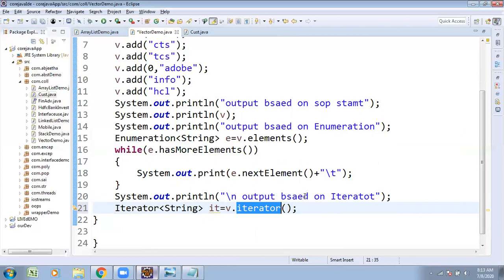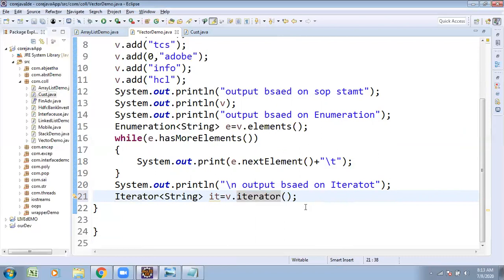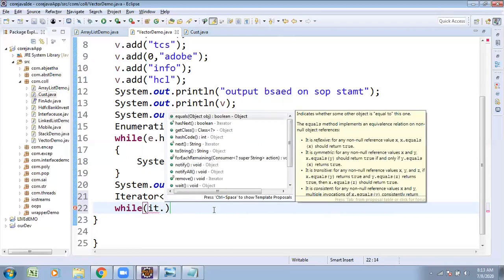Iterator of String it is equal to the Vector reference. I wanted the repetition process to print the collection elements. While condition, there is a method, it dot hasNext method. Check whether the next element is there or not.